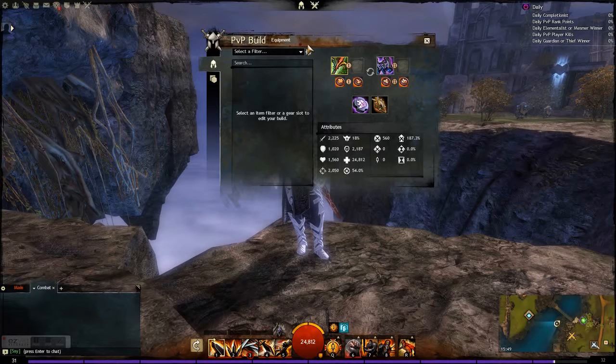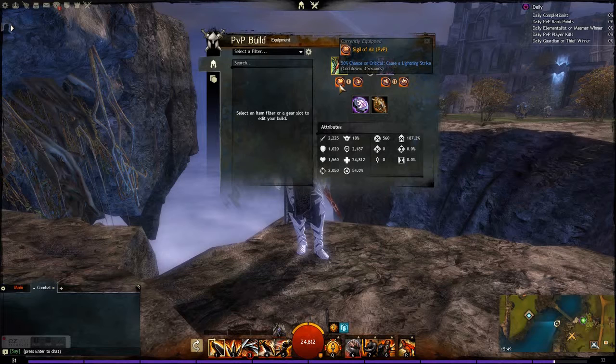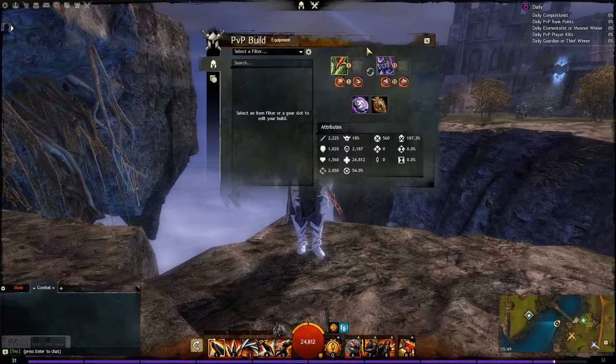Like most warriors at the moment, I'm using the Great Sword with Sigil of Air for the crit chance lightning strike that I said that I really like on characters, and the Sigil of Energy for gaining endurance when you swap to the weapon, which means lots more dodge rolls to try and survive a little longer in the fight